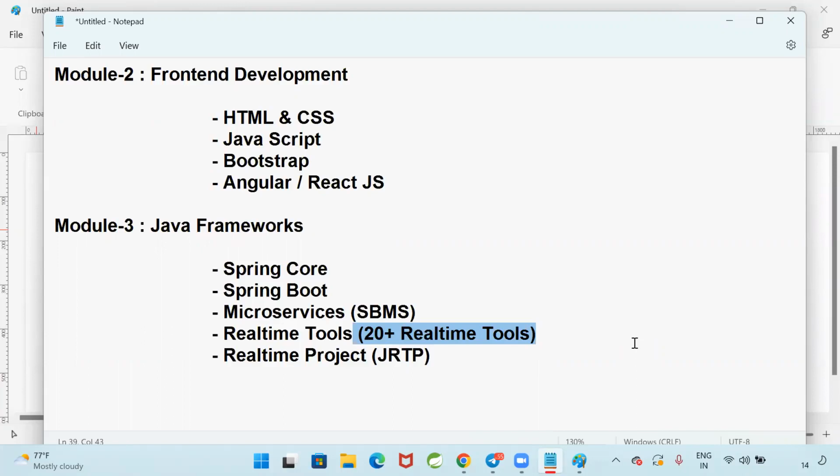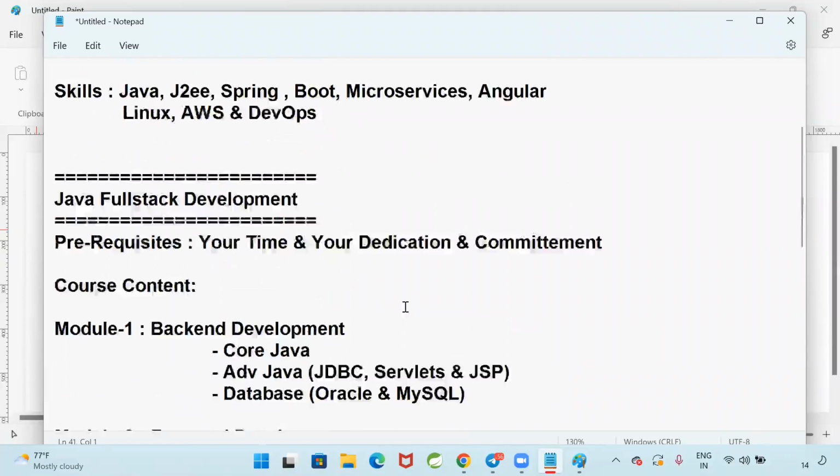Once you keep all this content in the resume, definitely the interviewer will get shocked and surprised. How did you learn so much within 3 years of time? That is what happened with the previous batch students. That is the feedback I got from my previous batch students. Definitely, I am going to give you the same best content as part of all the modules.